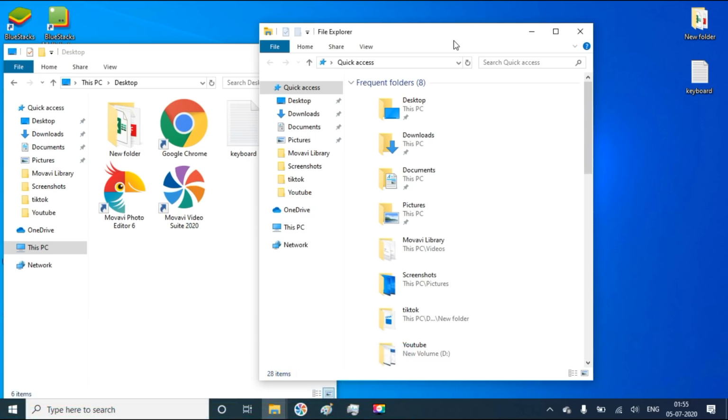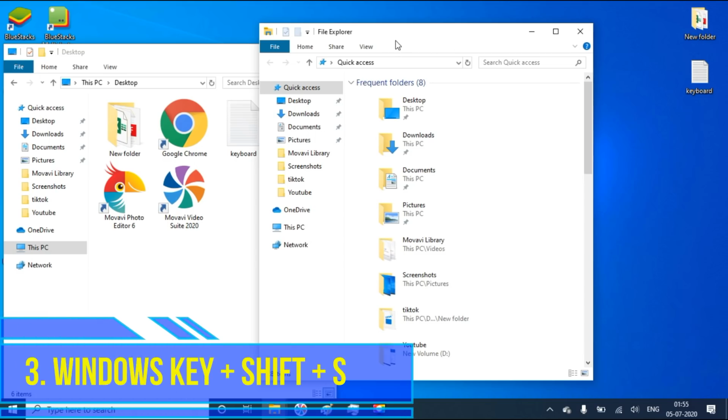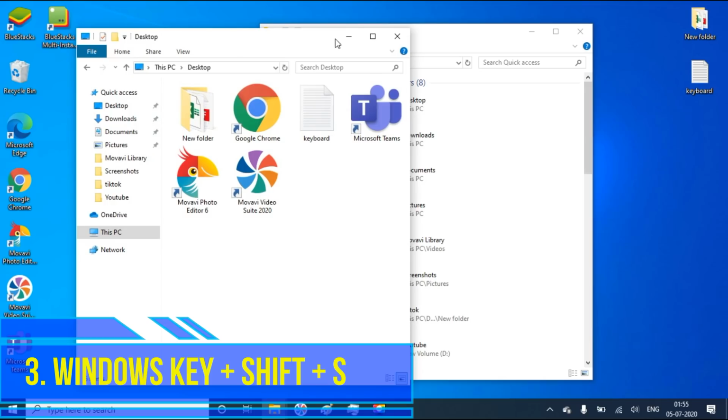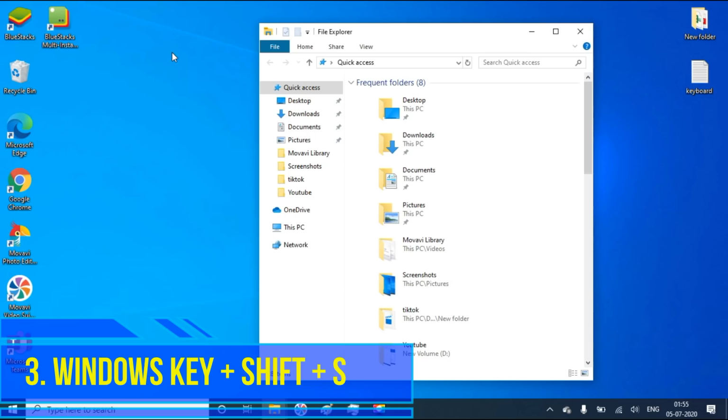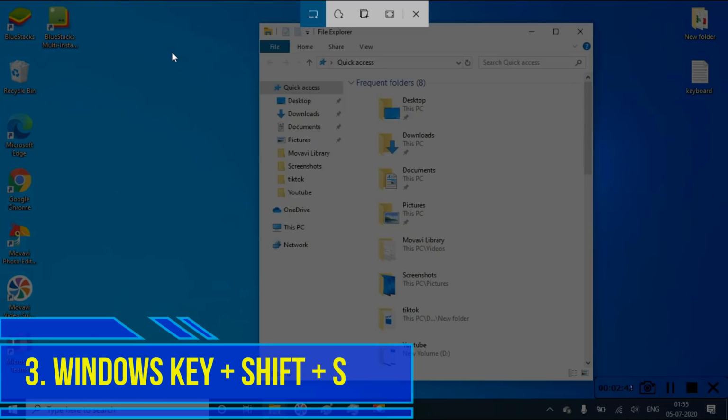So next one, third one. We all know about screenshot, how to take. Now we are going to know how to select a particular area and take the screenshot. For that you have to press Windows key plus Shift plus S. Then it will show some options like rectangular selection, free form, and full screen snip.